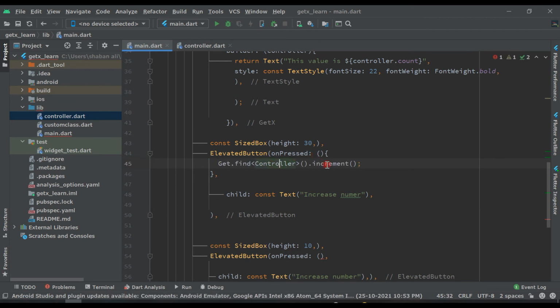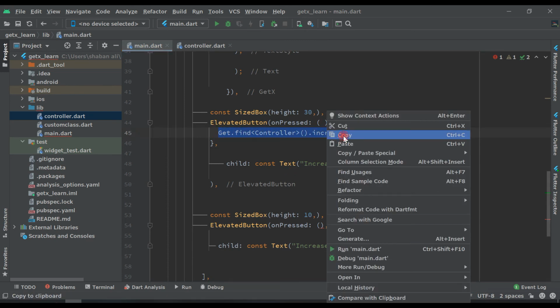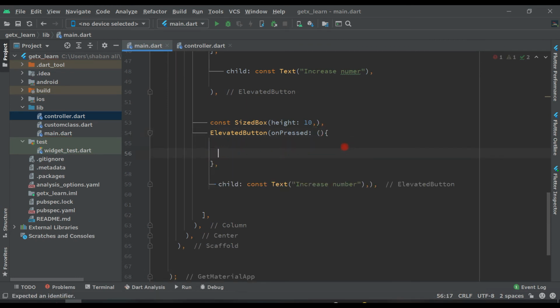Before we were passing it here, which is wrong, so we have to pass it in these curly brackets, and then come back here, copy this, come here, and after this put two curly brackets and paste it here and change this to decrement.